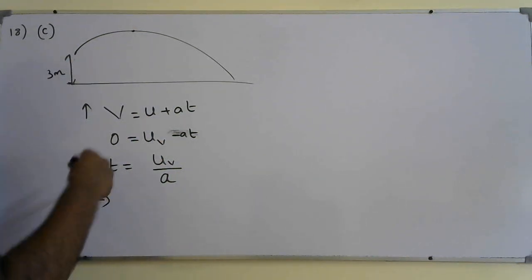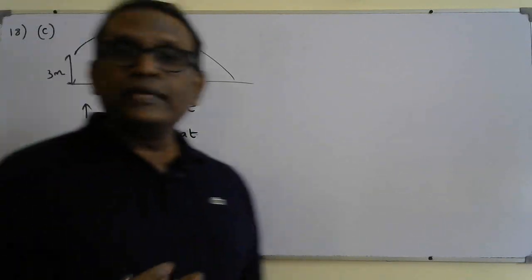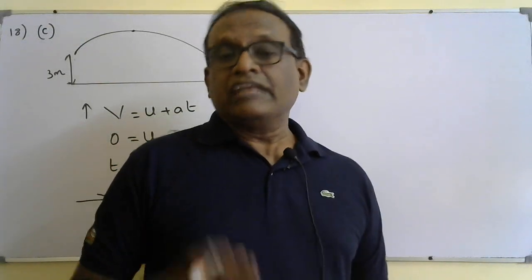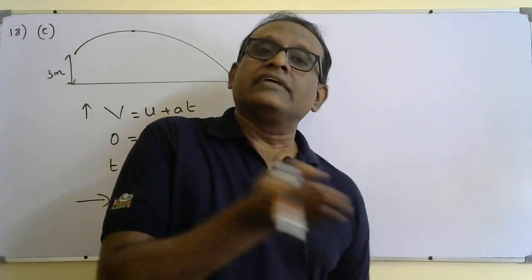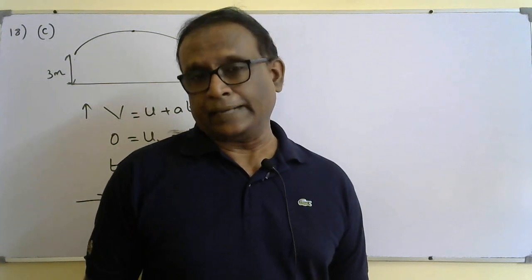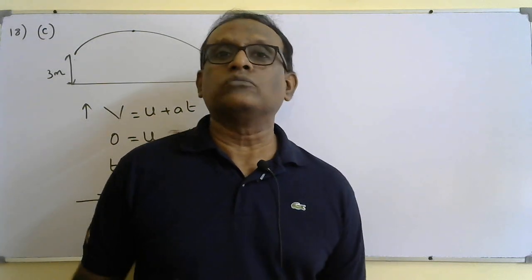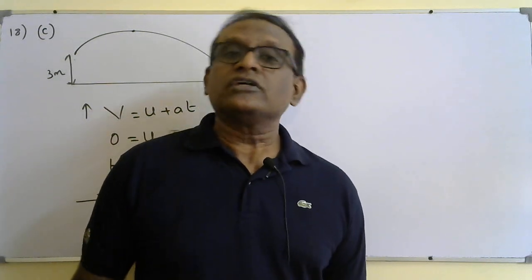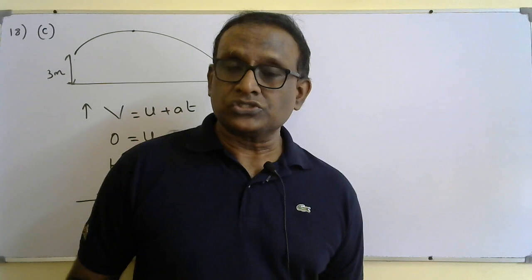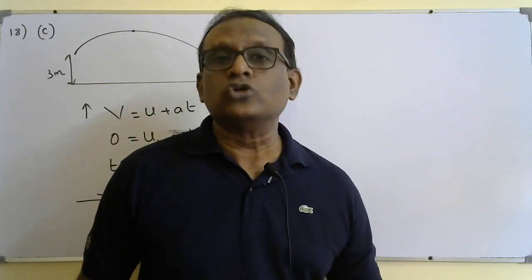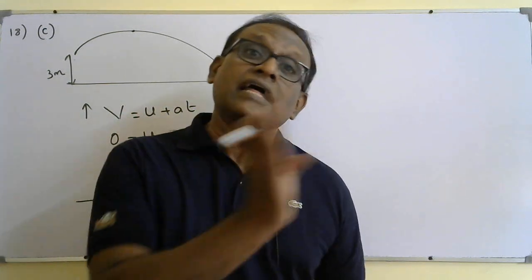So that means he will be in air for shorter time. If he is in projectile motion for a shorter time, but I consider only half the part of it, so that shows he's going to be in motion for a shorter time. So when you consider the horizontal displacement also, he will be in motion for a shorter time with